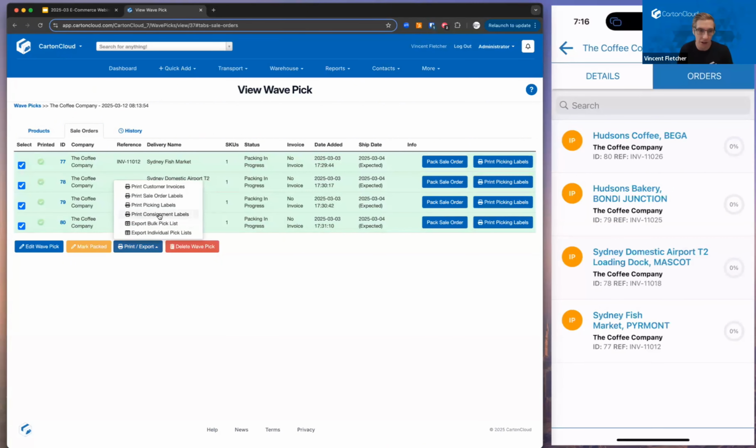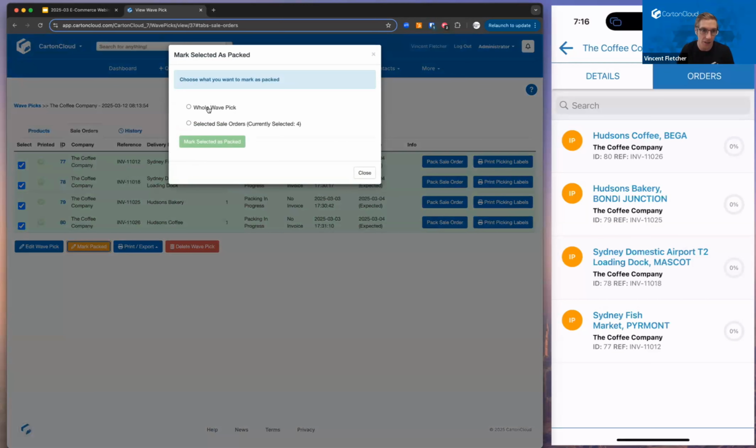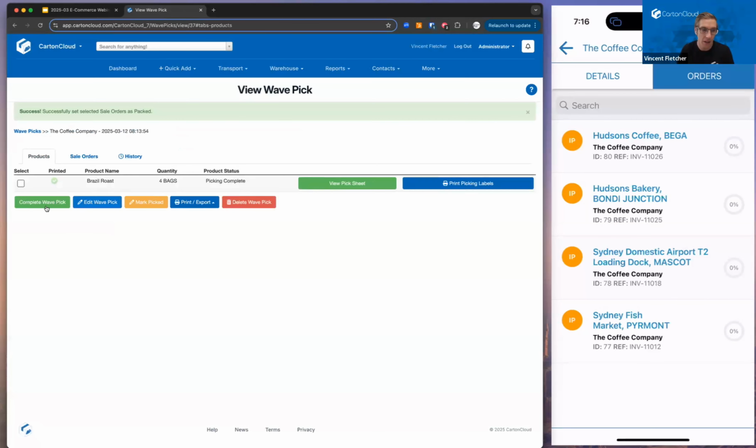If you have your shipping integration set up against consignments, then you can print your consignment labels. If you have it set up against the sales orders, then you can print your sales orders from here, and that would then get the label from Starship it, etc., and print it out. And then once you're done with that, you've got all of your labels. You can just mark these orders as packed. So if I just hit this button, mark selected as packed,